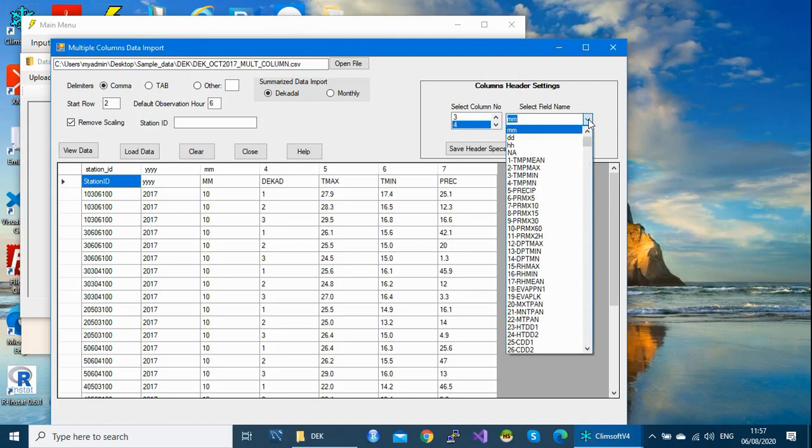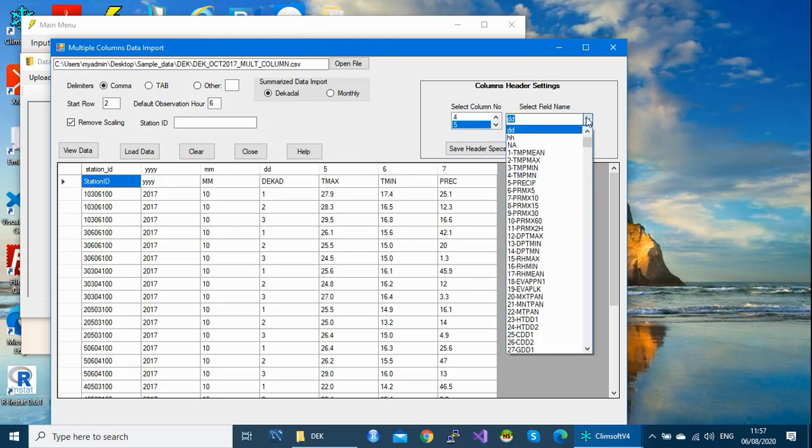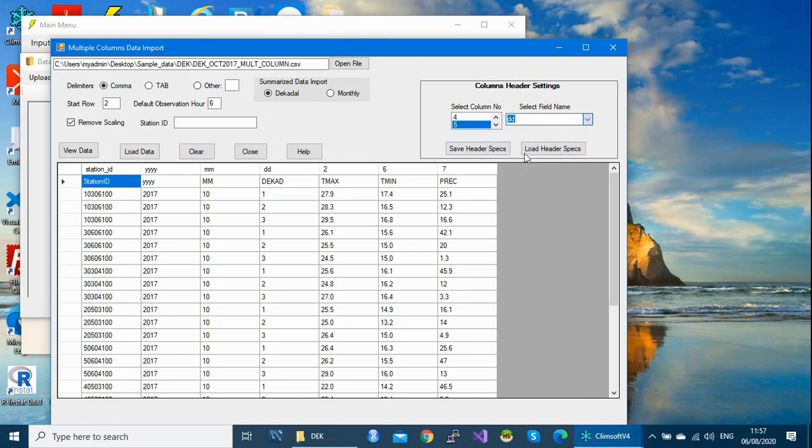So here we call it days. Okay, we select day, and then column number 5 is maximum temperature, which is element 2.